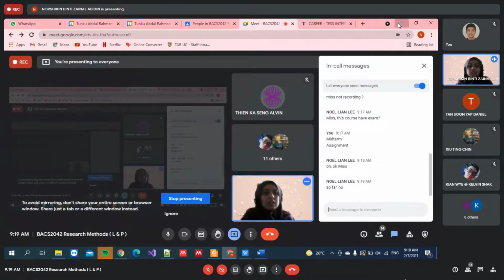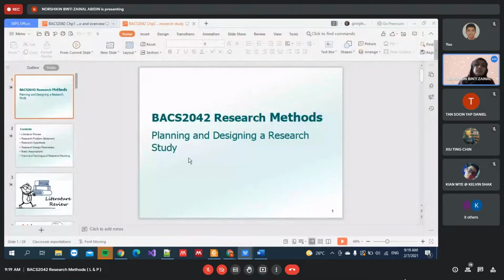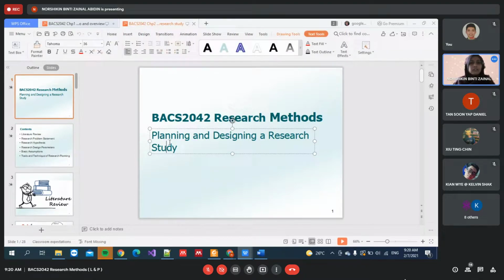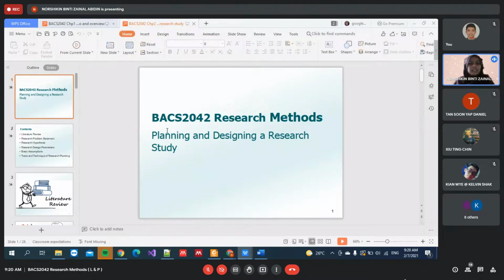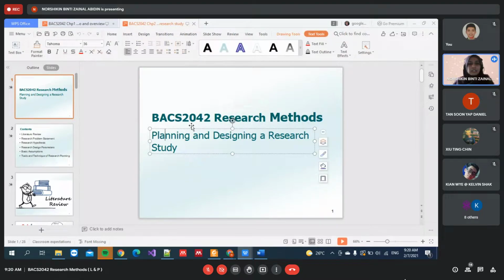Just like your OOAD, before you design a system, you need to plan. So planning is always the first phase of any process. You want to plan your research or you want to plan your system or application. So that's planning. For this research method course or subject,